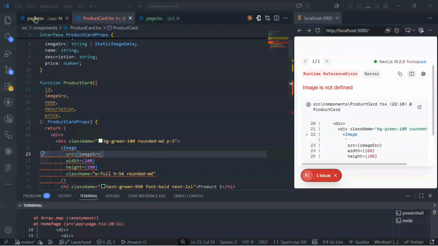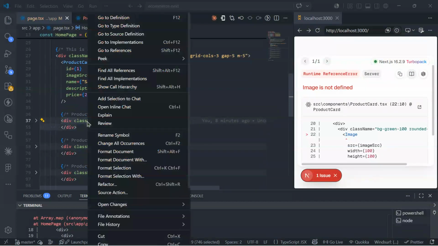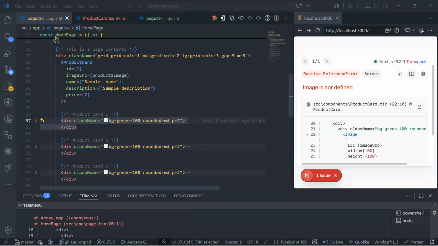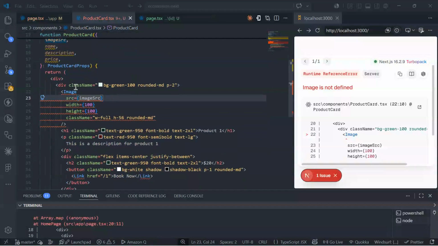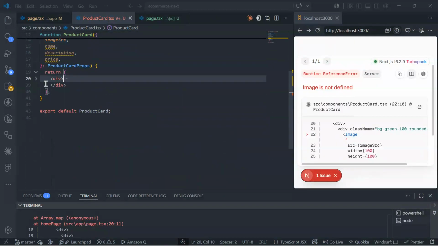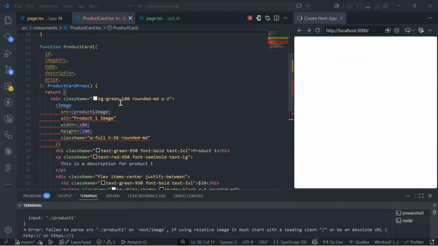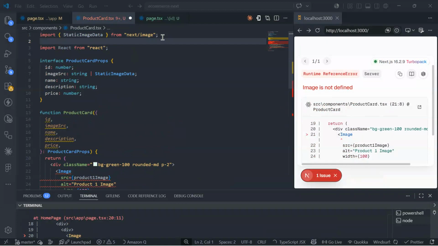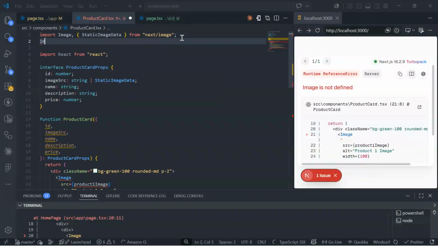Let me copy everything. Copy, where is copy? And let me try to update this. And let me try to import everything. So here, from here I can import image as well. And import Image